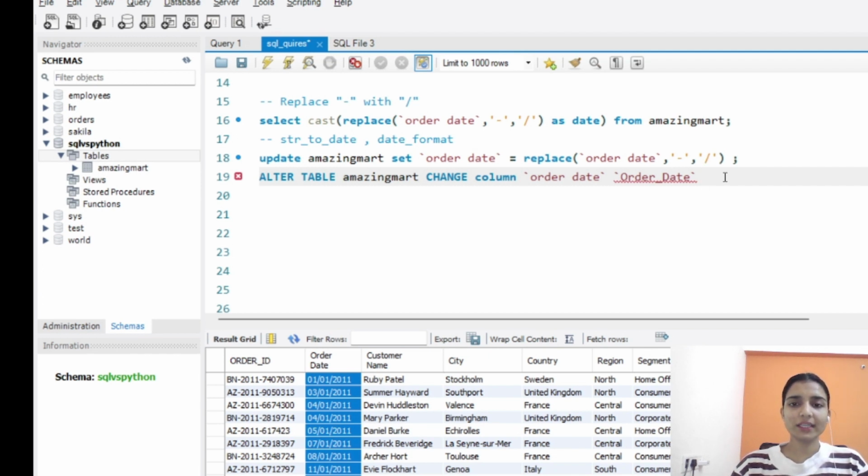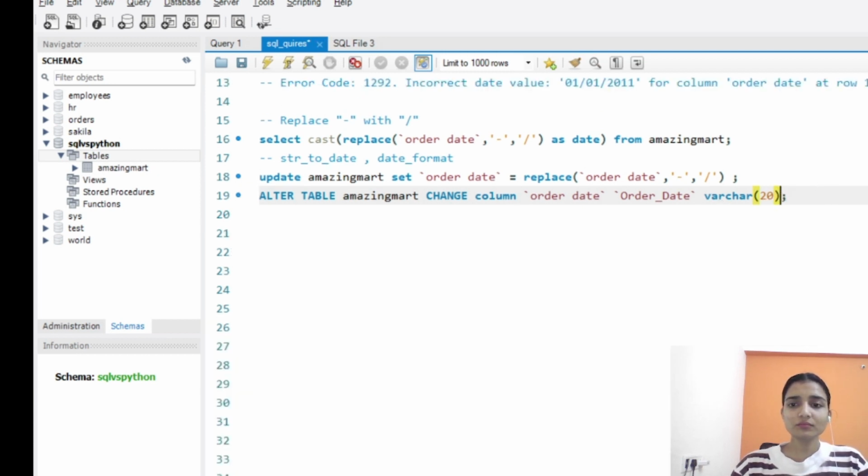Earlier it was in text. So now I will just give varchar, and for now I'll just keep it 20, because other data are not going to take that much